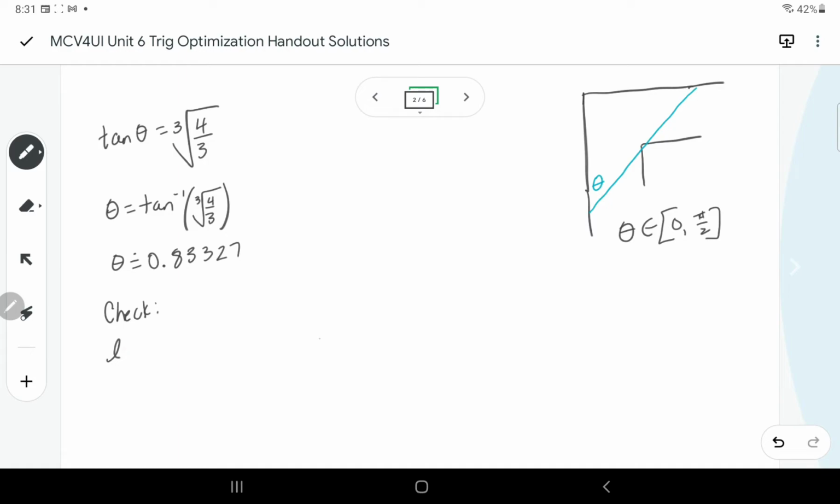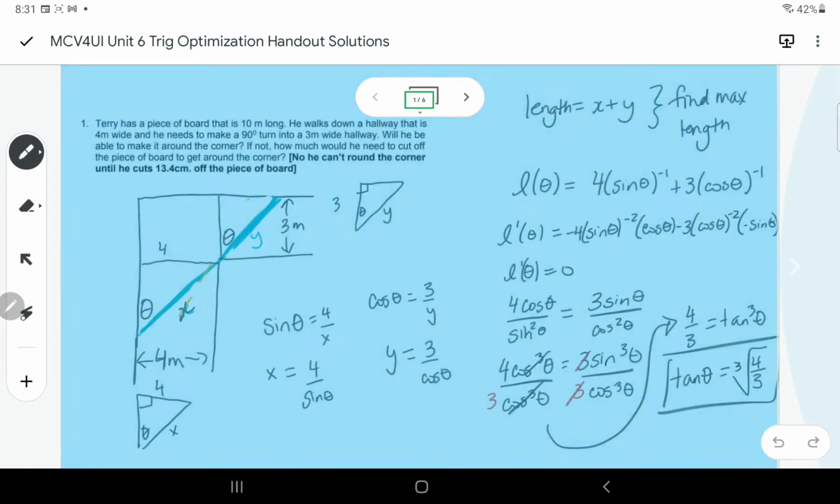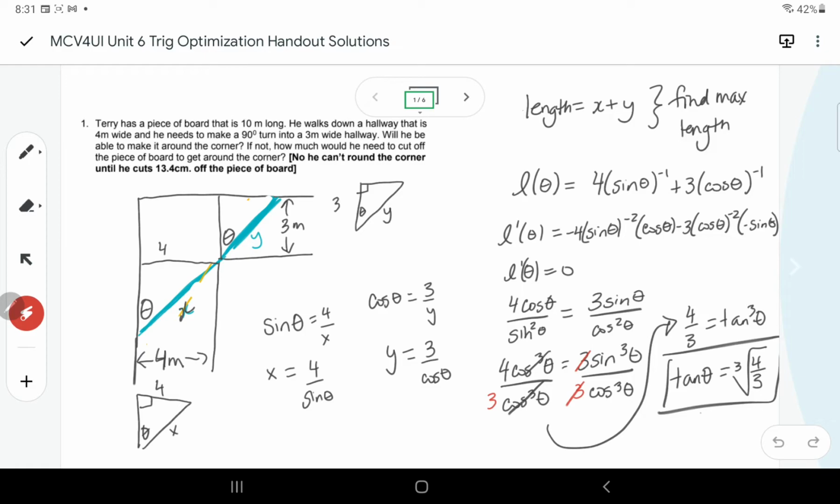And we may actually run into a little bit of trouble here, because if we are putting in a 0 or a pi over 2, we're going to get 4 over 0 or 3 over 0 for these. Because if you had the board parallel to the wall, you're actually going to be able to fit an infinitely long board. So you could maybe just test a very, very small